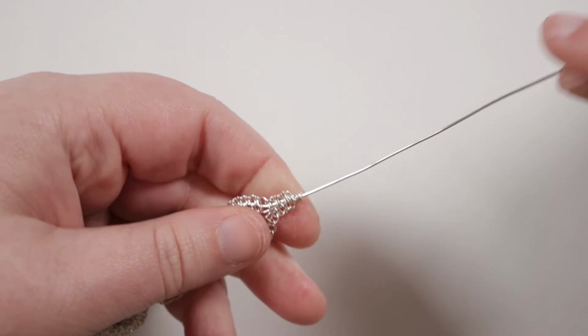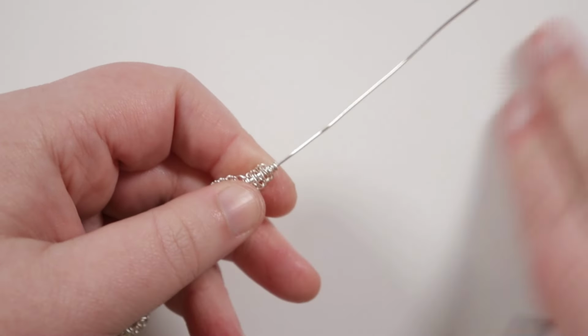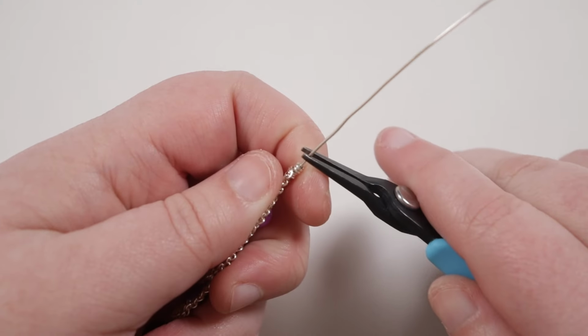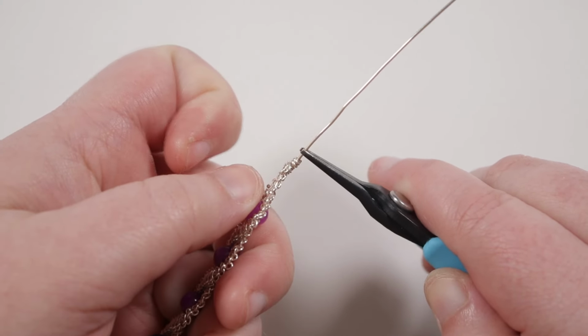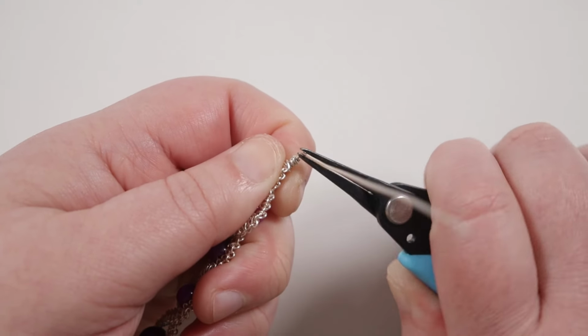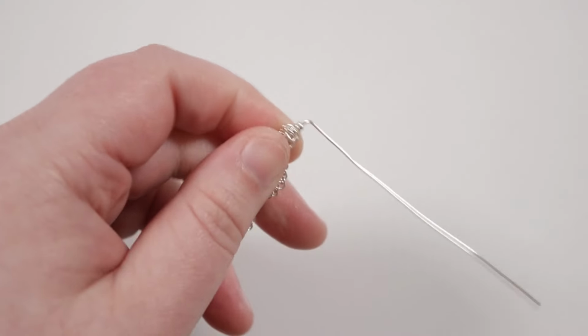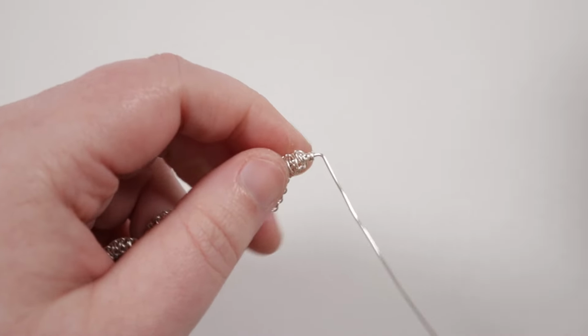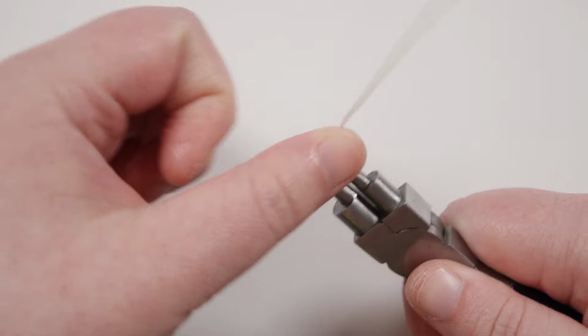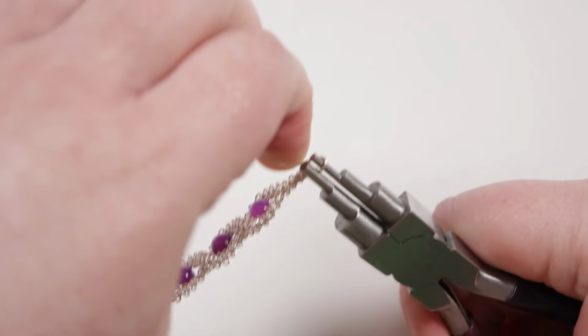Now we have one length left, and we're going to use that to make a wrap loop with. So grab onto it just a little bit above that wrap we just did with your pliers and put about a 90-degree bend into it. Then grab, I'm going to use my 6-step bail making pliers, you can use round nose pliers, whatever you have handy, and bring it all the way around